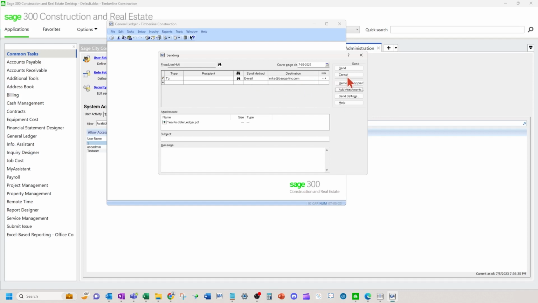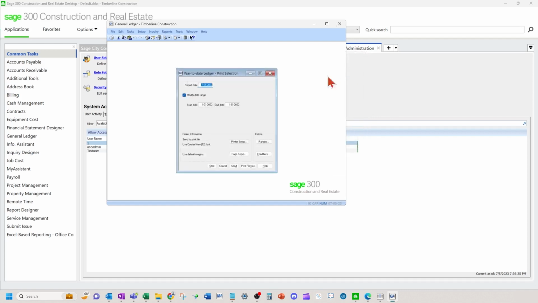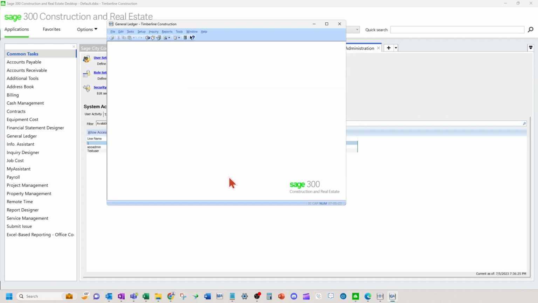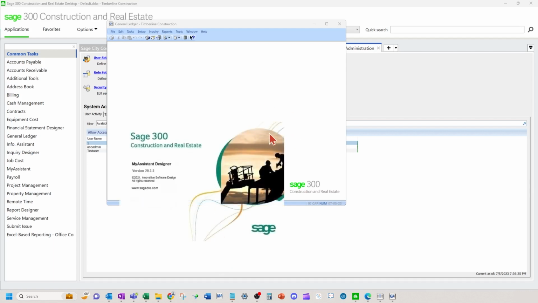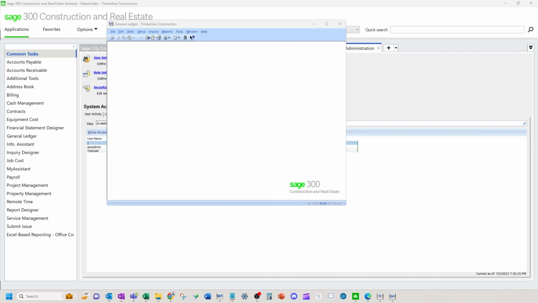You can't really schedule in Sage 300. You can do some things with the My Assistant program as far as setting up automatic reports to be emailed out and such, but that is an additional cost. I'll show that here briefly. In order to get My Assistant installed, up and running, and purchased for licensing, okay, so that's taking a minute to pull up.